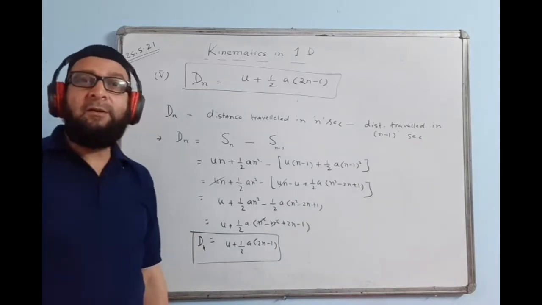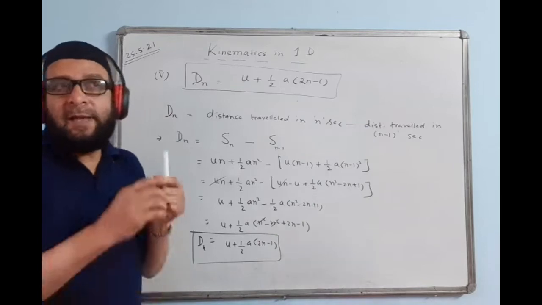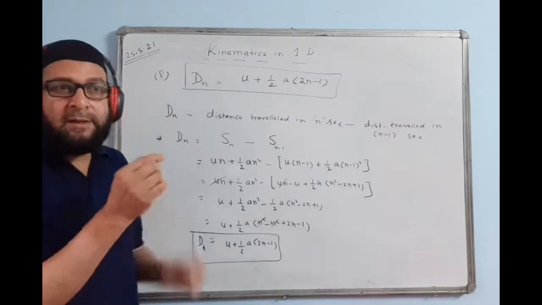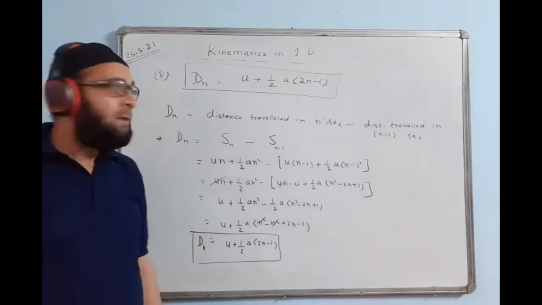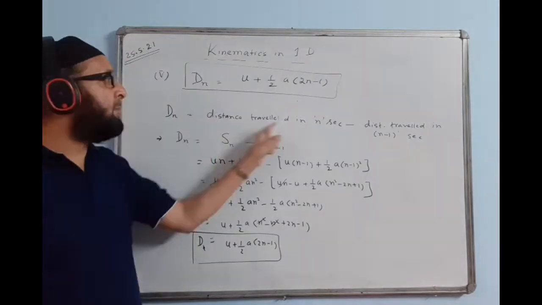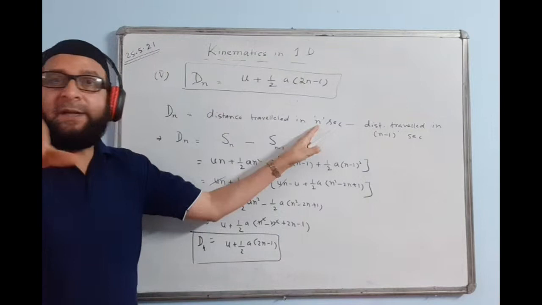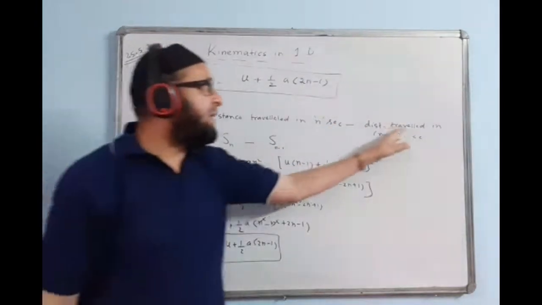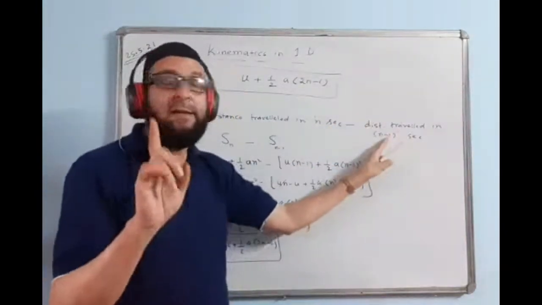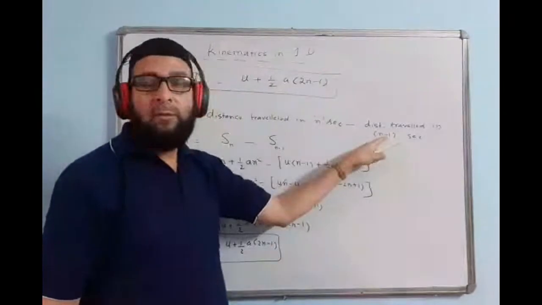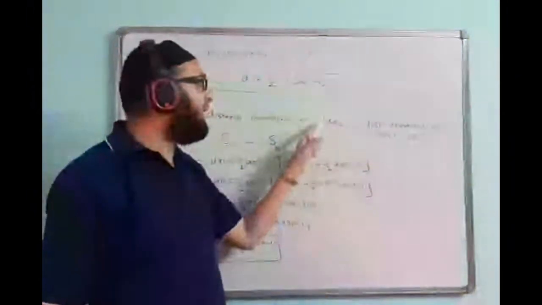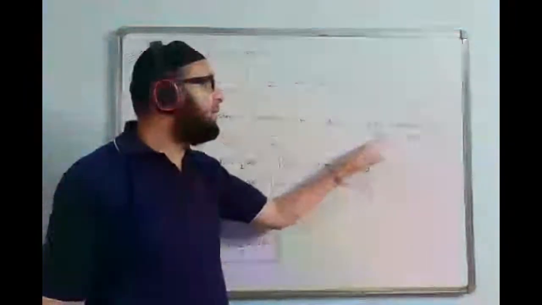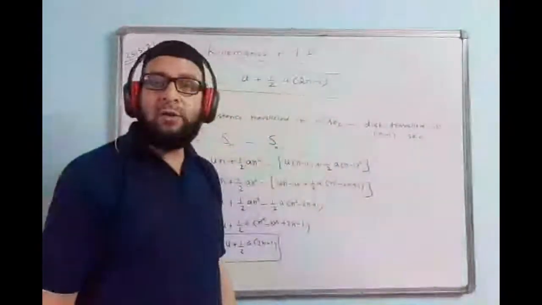19 seconds. Very good. That's what I am wanting. That means next time you will take the distance moved by the body, the time value will be one lesser than that, because in that one particular second you are finding. The same way we are doing here. Distance moved by the body in n seconds. Suppose n value is 20. Just now you said, then minus distance moved by the body in 19 you are saying. 19 also is telling what? 20 minus 1. The same way, if I write n over here, I have to write n minus 1. If I write 20 here, I have to write 20 minus 1. That is 19 I will write. Understood now?